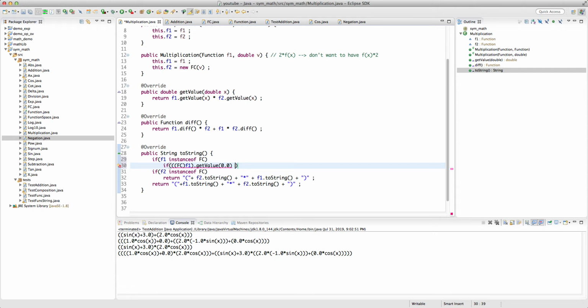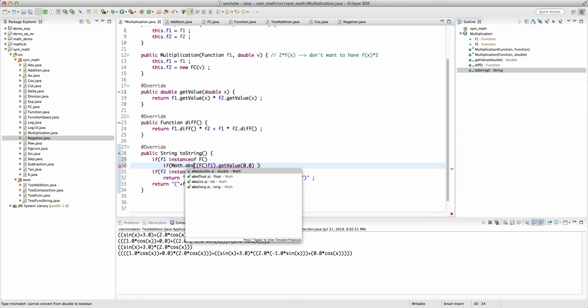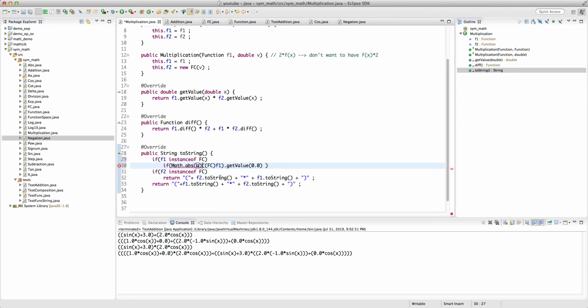If this is 0, so basically math.abs minus 0 basically is less than 1e minus 10 for example, with some tolerance,